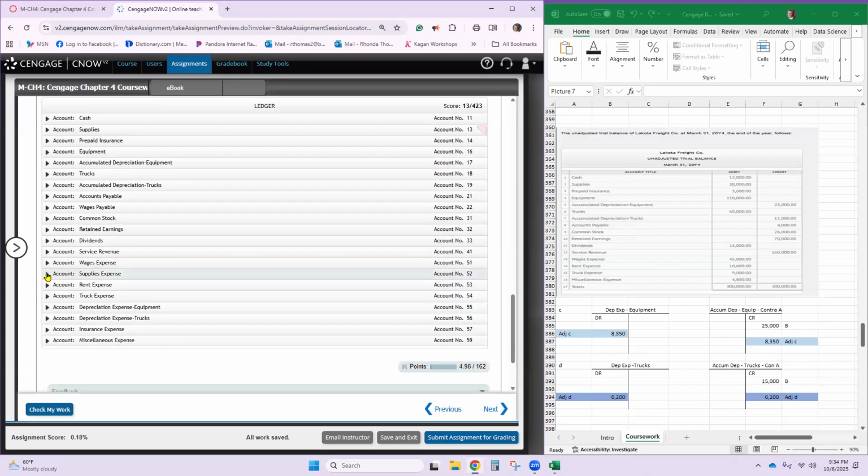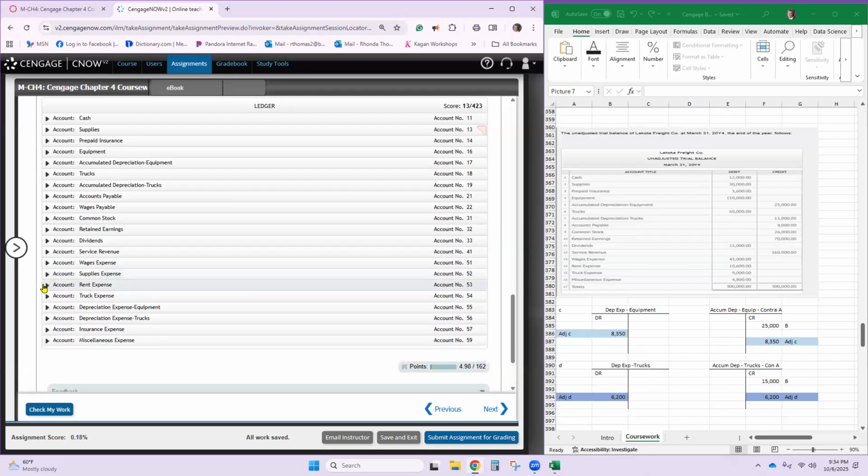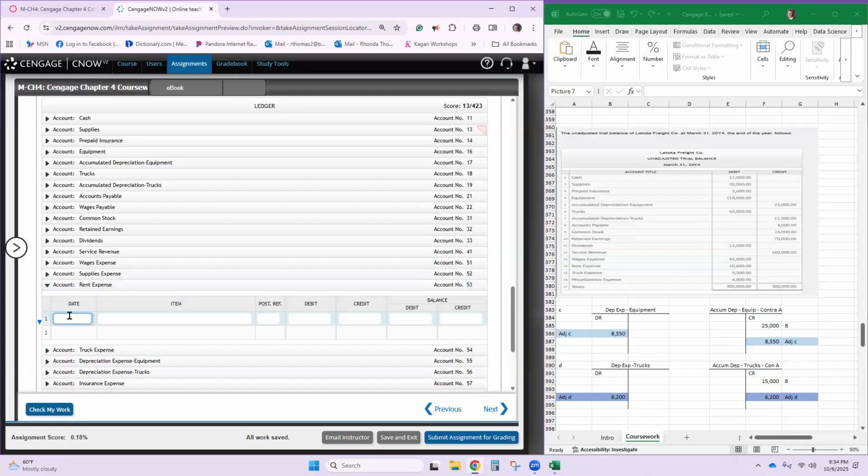Supplies expense is not on there. Rent expense is, so supplies expense is just going to exist for an adjustment and then to close it. Rent expense has a balance, doesn't get adjusted, but it will be closed.